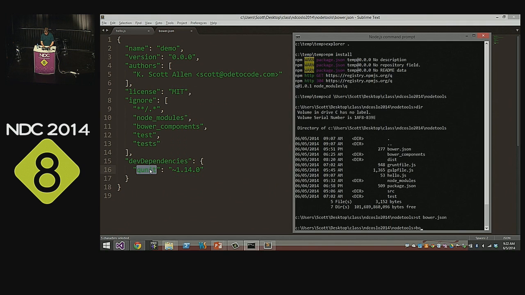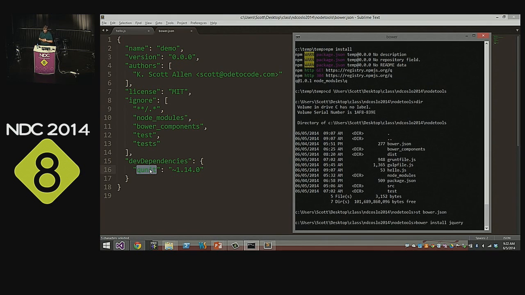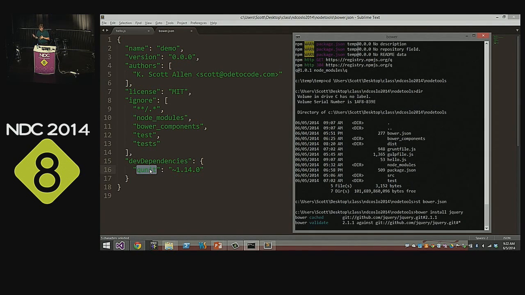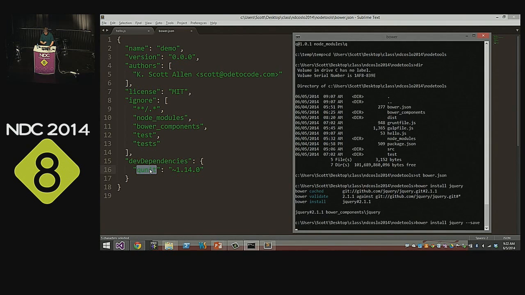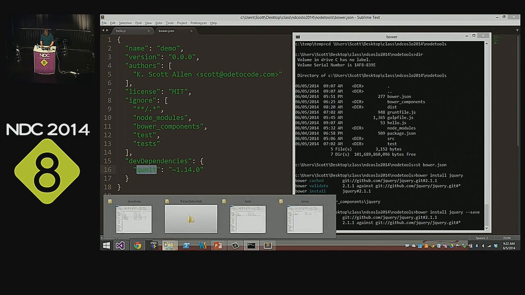But let's say I wanted to use AngularJS. I could bower install, or even jQuery, bower install jQuery, goes out, fetches jQuery, and I forgot to put in --save, so I would have to come back and make sure I do that to get it into my JSON file. But once that is complete,